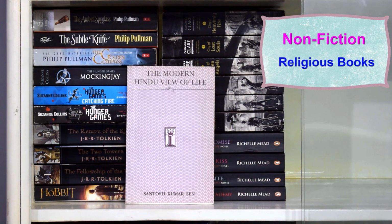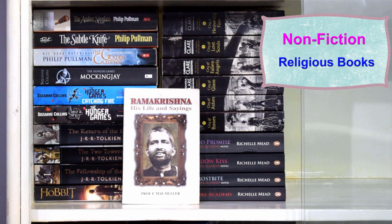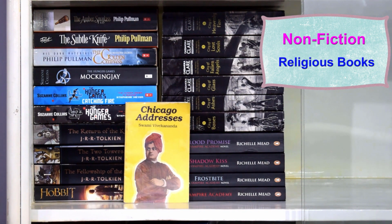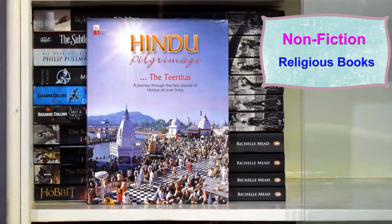Modern Hindu View of Life by Santosh Kumar Sen, Key to Vedic Symbolism compiled from the writings of Sri Aurobindo, Memoirs of a Great Soul by C. M. Malik, Ramakrishna, His Life and Sayings by Professor M. Max Muller, Life of Ramakrishna by Romain Rolland, Chicago Addresses by Swami Vivekananda, Life and Gospel of Vivekananda by Romain Rolland, World Religions, Origins, History, Practices, Beliefs, Worldview by Paragon Publishers, Hindu Pilgrimage, The Tirthas, A Journey Through the Holy